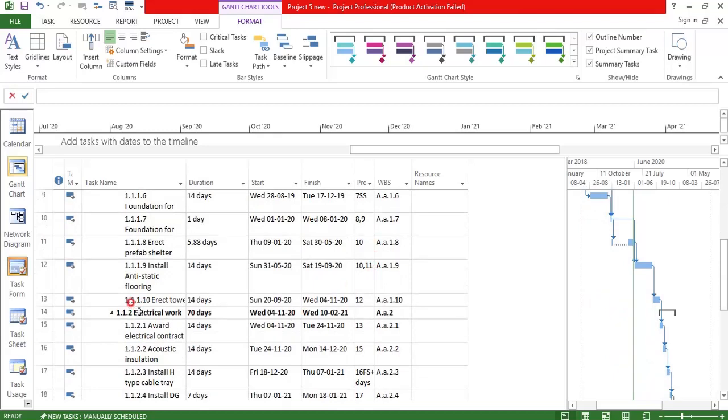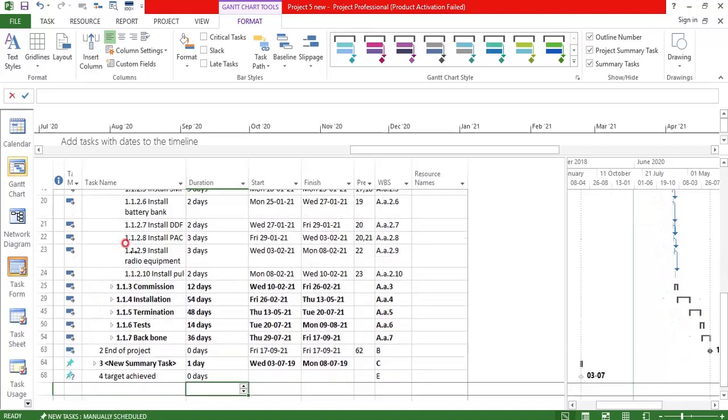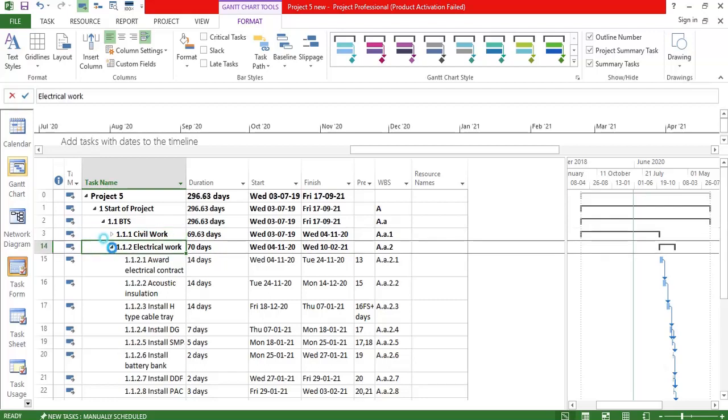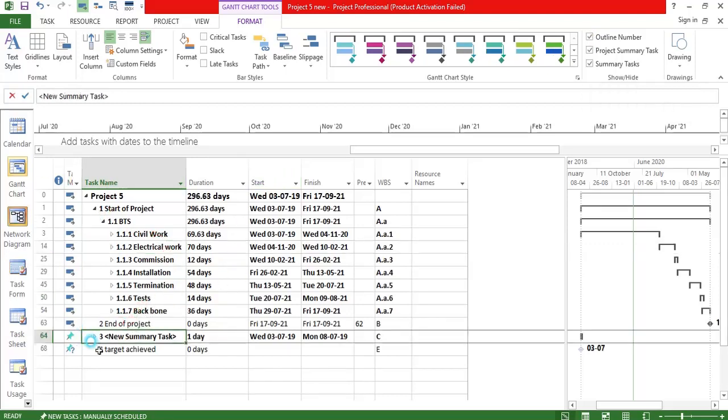Sometimes you can avoid preparing a WBS code separately, and once your project is complete, just indicate the outline number, so automatically the code will be generated for your activities. That is also one option you can use. You can see this is what we have generated. This will automatically generate if you create your project and take this outline number. This is also one of the options that you can consider.